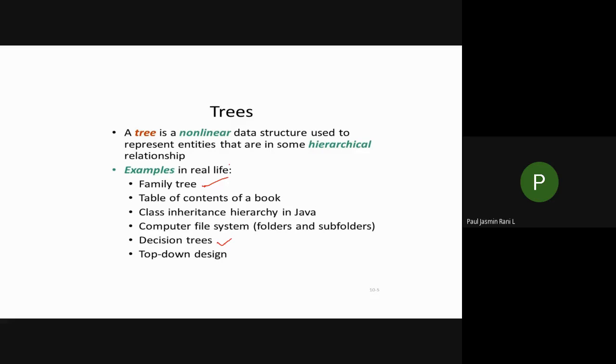In your list or stack data structure, in order to store content, you'll be using nodes, isn't it? Similarly, in your tree data structure also, you'll be using nodes in order to store values. And in order to connect two nodes, you'll be using what we call edges. So edges and nodes are there in your tree data structure. Next slide, let's see the representation of the tree data structure.